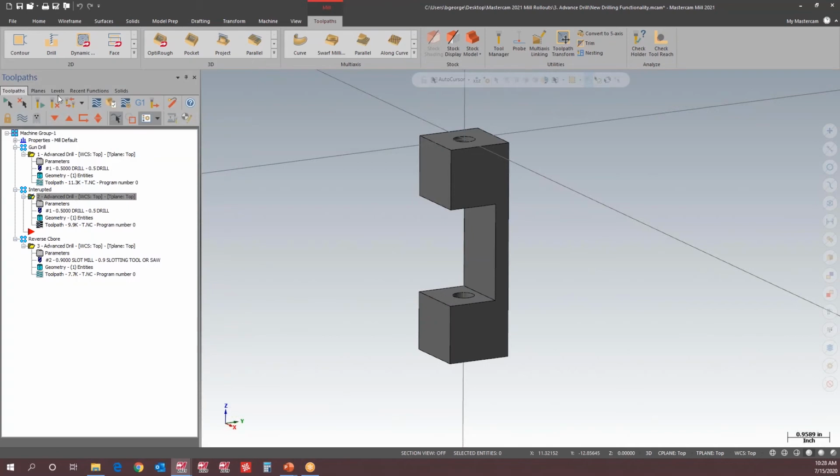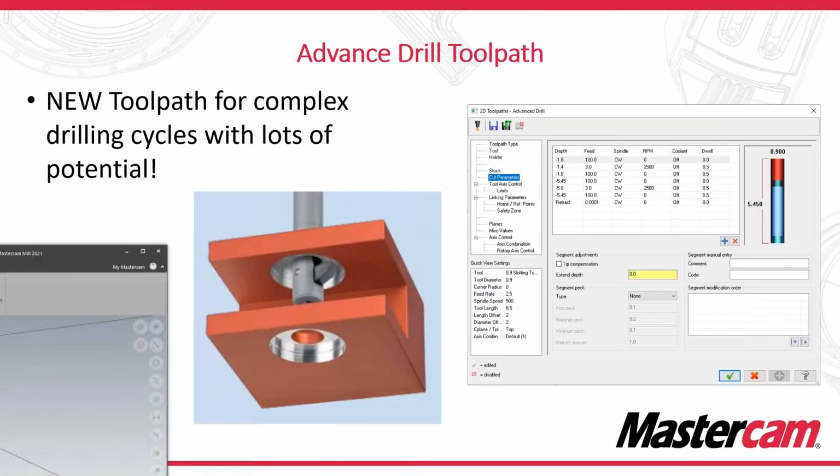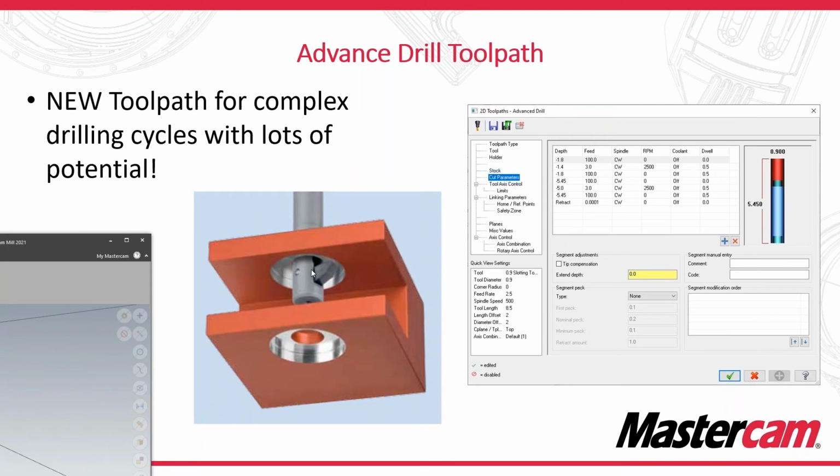The last one I want to show you guys is how we can do a reverse counterbore now. And for those of you who don't really know what I'm talking about when I say reverse counterbore or reverse countersink, take a look at this tool right here on my PowerPoint. Essentially, the way this tool works is you're going to pilot a hole, probably a little bit more than the shank of this tool. And then when we stick the tool down through the hole, probably without an RPM on,